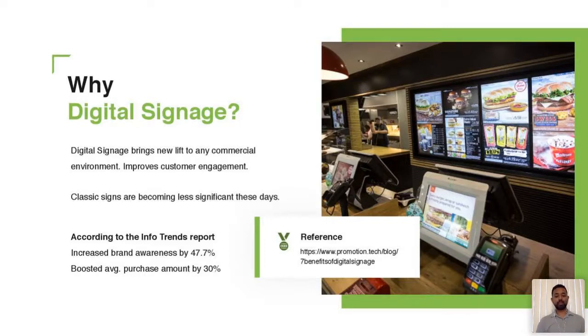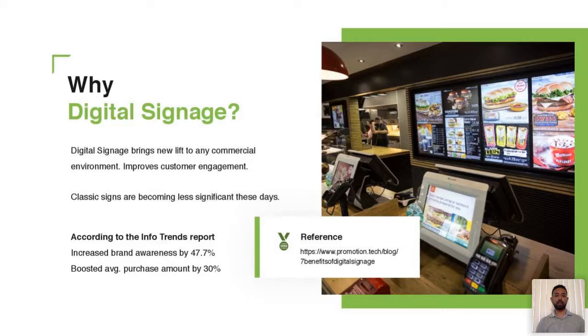The impact of static signs, the classic way of signage, is becoming less significant. It's easy to deliver messages that are custom designed to improve attention and draw customers deeper into the shopping experience.